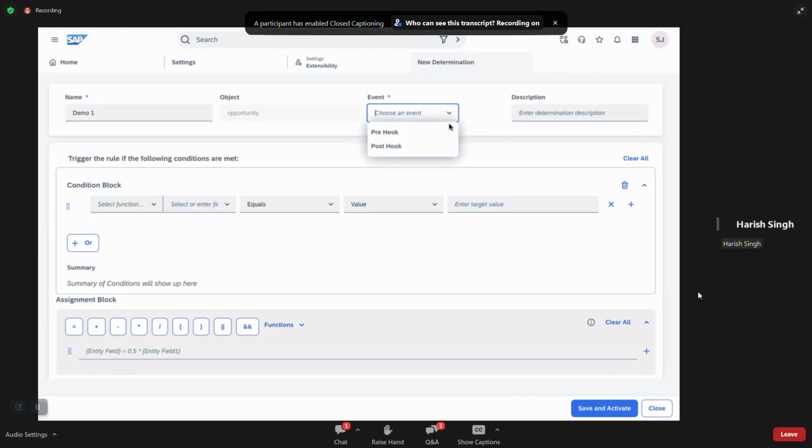Pre-hook is where, if you want to populate a value on a field when, say, a sales rep opens this opportunity, you can use pre-hook and then the value is populated, but the sales rep can then override or change it. When you select post-hook, that means it's not changeable. Once you have put it in there, it will stay. So basically that's coming after the event. So let's select pre-hook, say